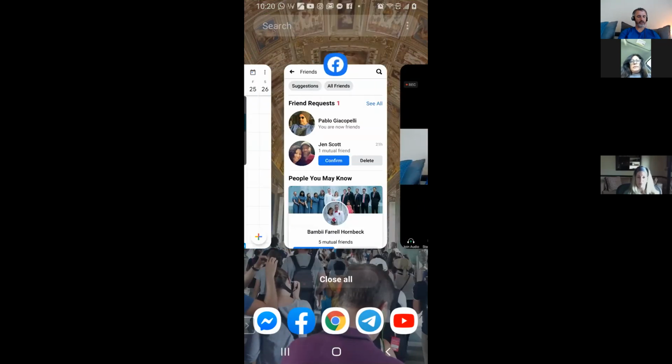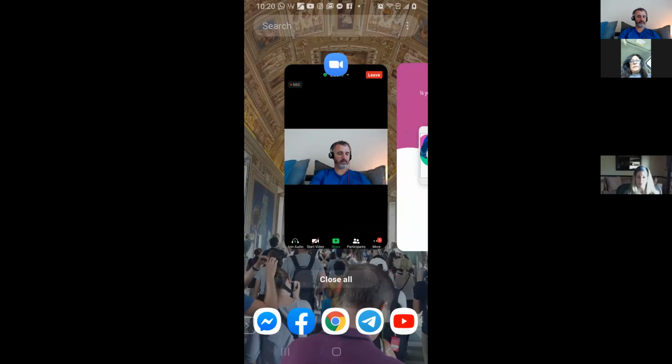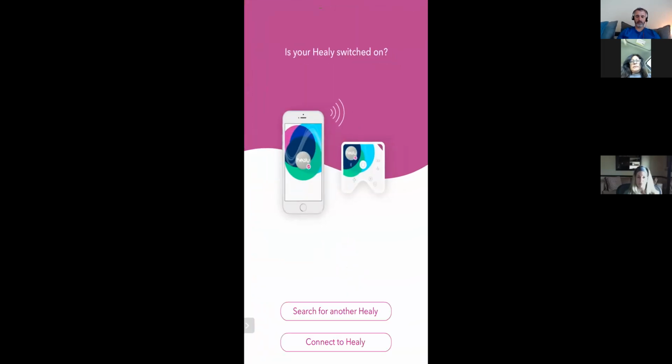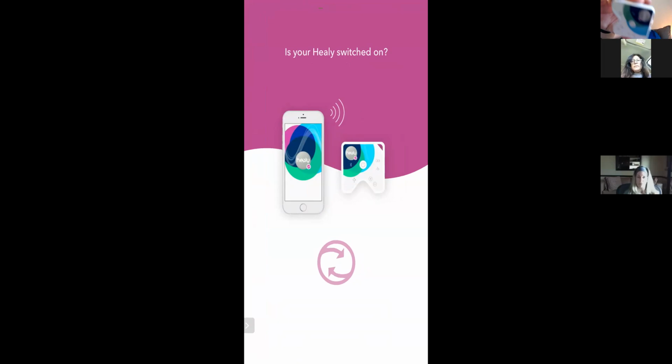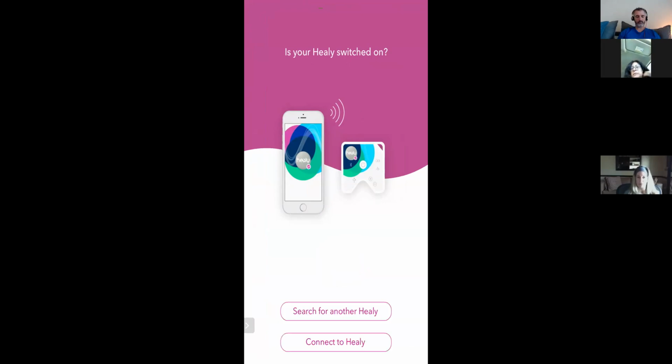I'm going to make sure that all the other programs are closed on my phone. And maybe we'll have an experience of how you work through it not wanting to connect. So I've pushed the button a couple times. I can see that it's on because the light is blinking. Sometimes just pushing the power button again gets it to work.